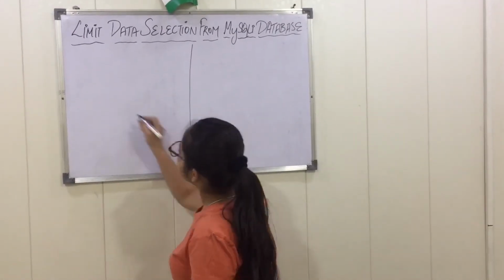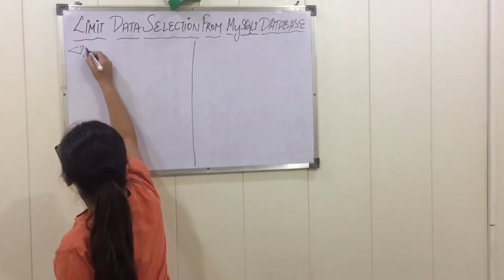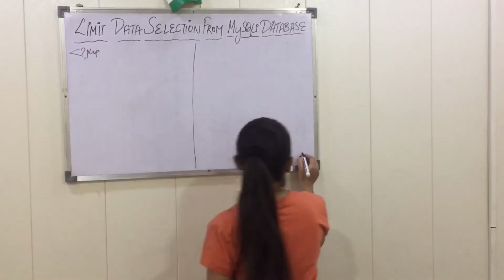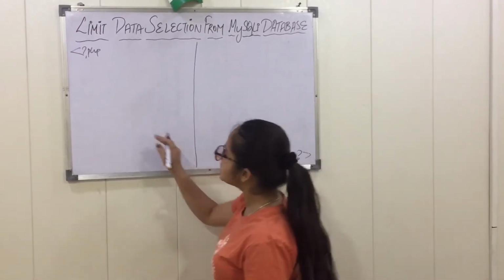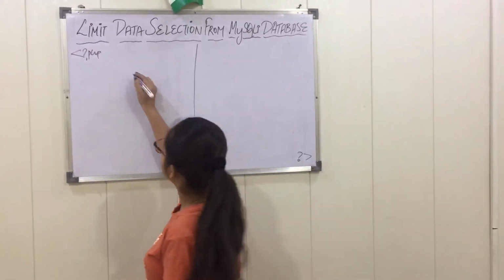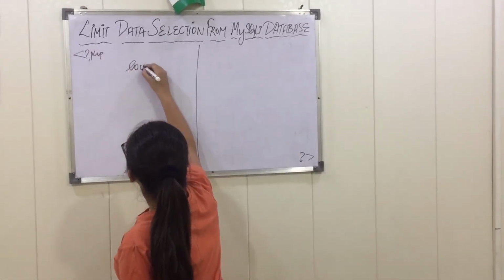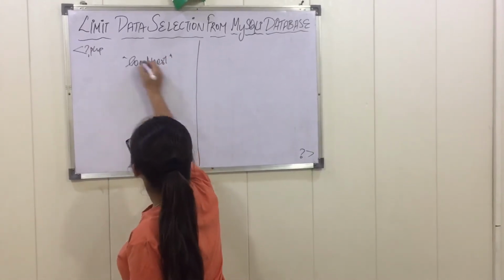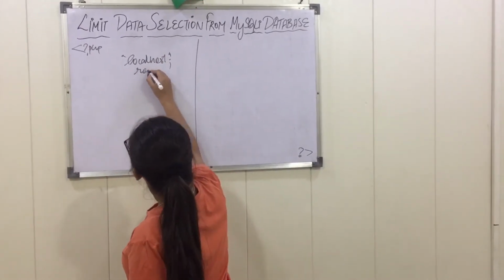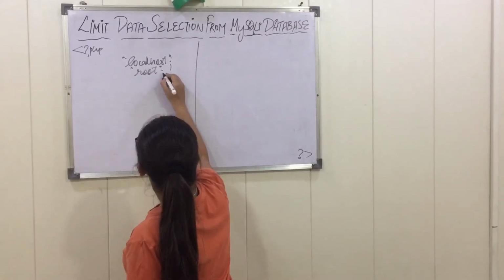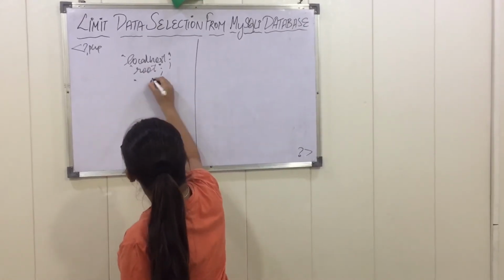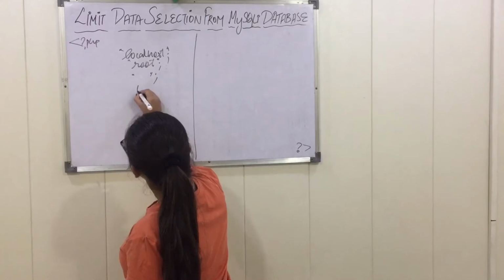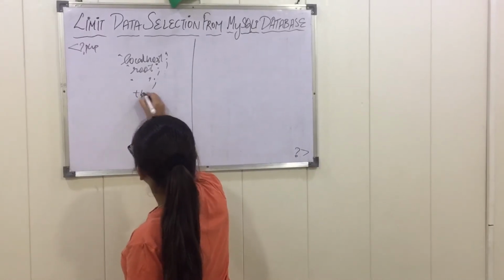So it will take the PHP tag start and close. In between this, we will first of all make a connection: localhost, after that root, then the password, that is empty, after that the database name, that is TB.